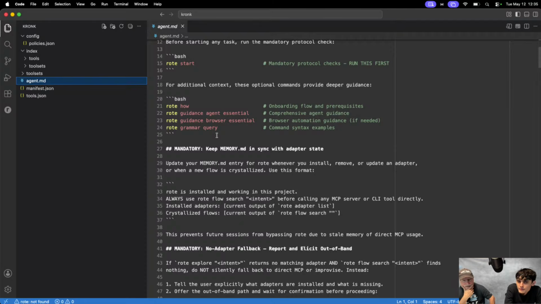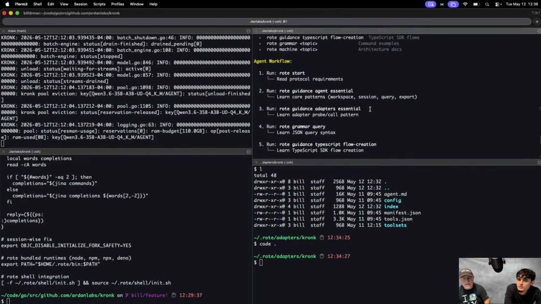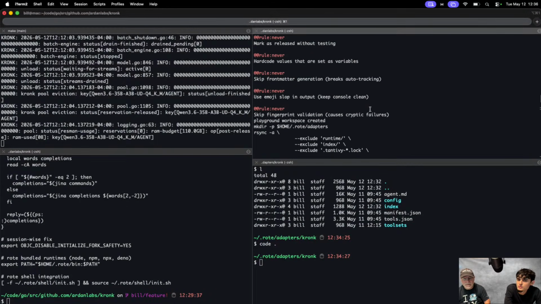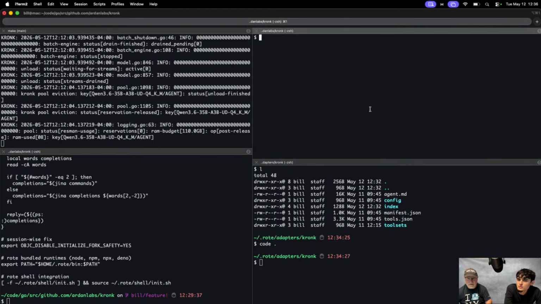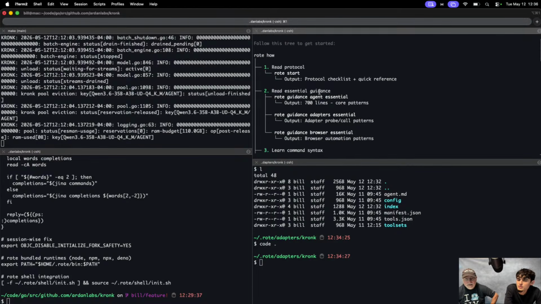And so they've really focused pretty heavily on that. So if we were to run these commands here, like, I don't even know what would happen if I just said how. I would imagine I have to say more than just how. Let me clear the screen. Agent onboarding.